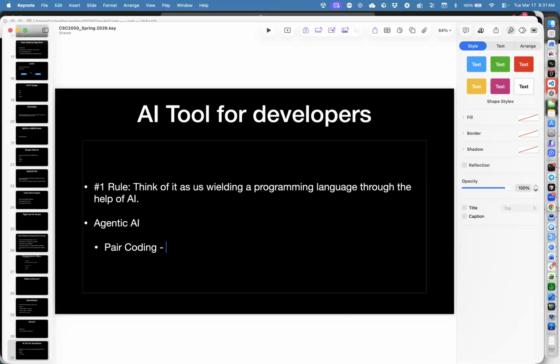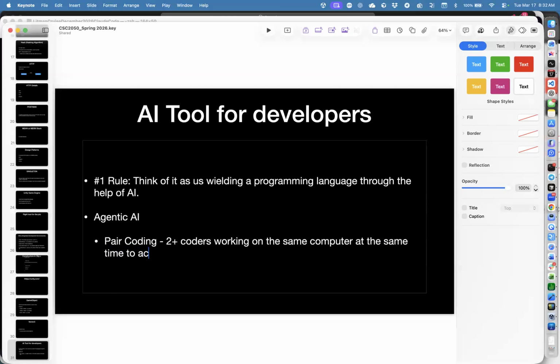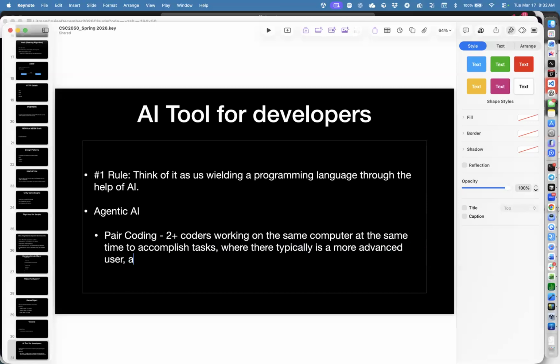So pair coding is typically two or more coders working on the same computer at the same time to accomplish tasks, where there typically is a more advanced user and a new user who is learning the ropes.